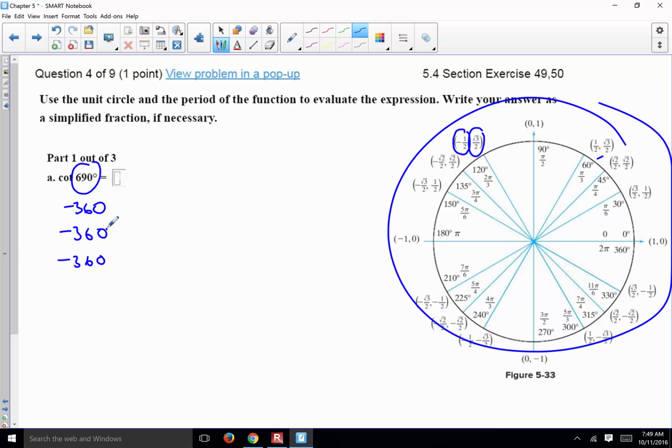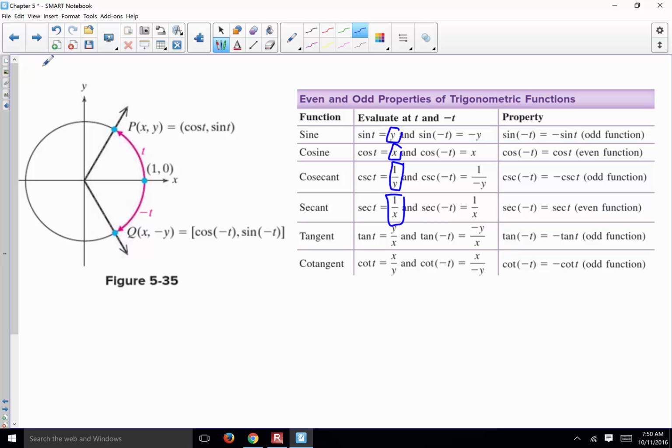You don't need this many. I think we did it twice and we got here 330, and 330 cotangent can be found from these values. You just take y over x, or no, x over y, cosine over sine, which was negative root 3. Okay, so periodicity helps us figure out big negative or positive values to drop to the perfect size, 0 to